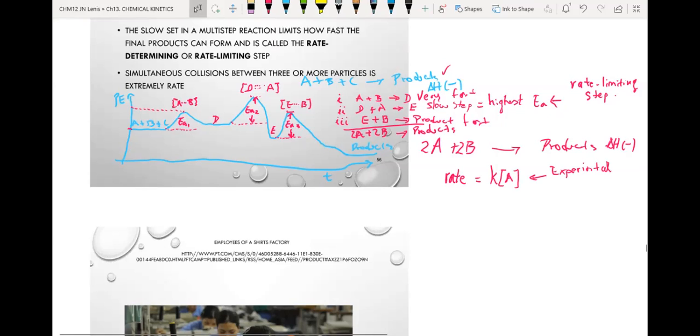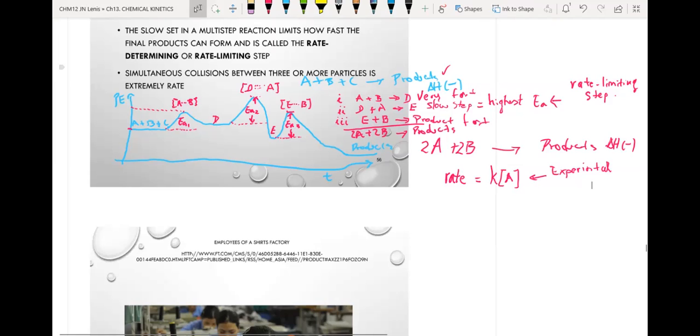Using experimental results, the experimental rate law for that particular reaction is this, from experiments. And then we propose this mechanism. And then we use the rate limiting step, which is the second step, to find the rate law for that